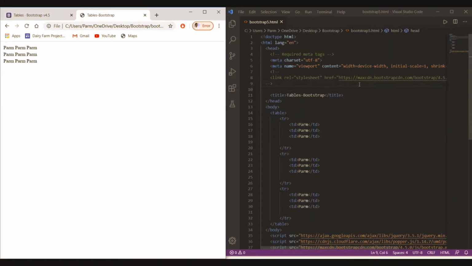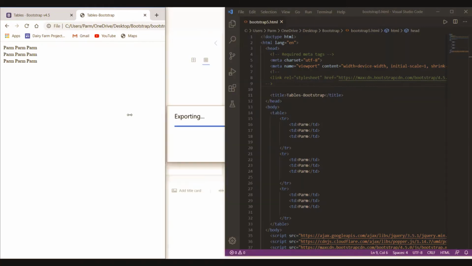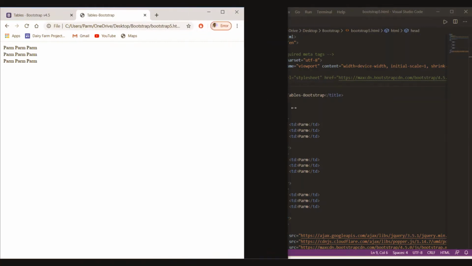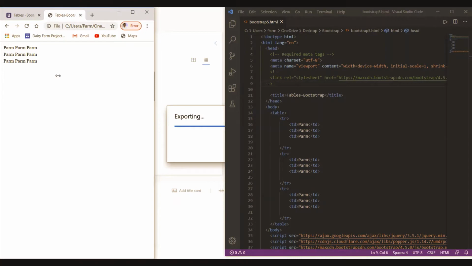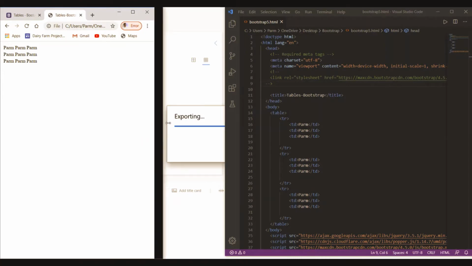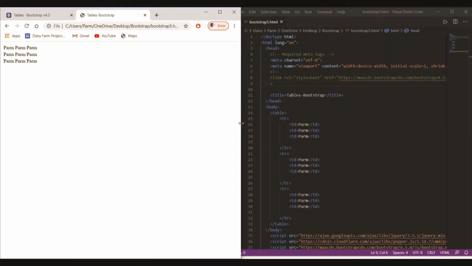We have commented here the CSS file from the Bootstrap, so that's how it looks like over here. So no border and all these things, no indentation, no padding has been done over here in this case. So that's why this looks very, what can we say, poor over here.